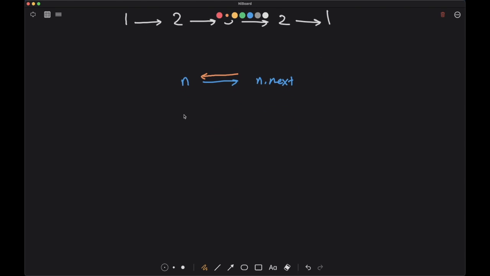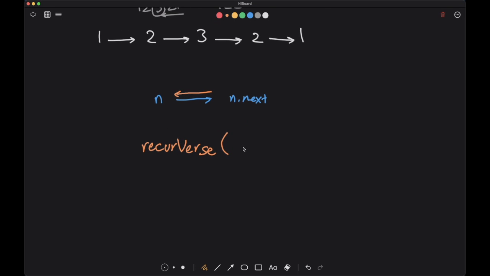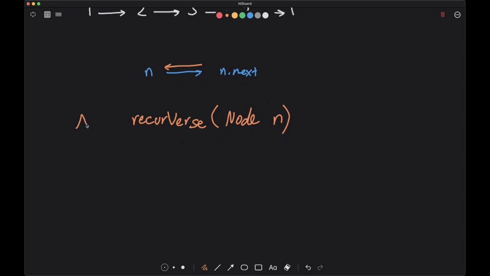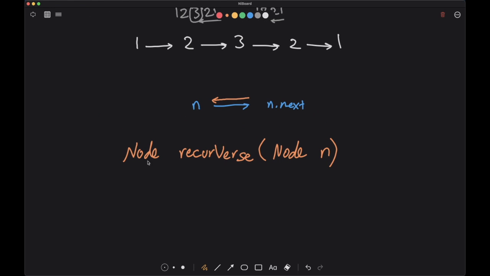Our function would look something like this. Let's call it maybe recurverse, for recursive reverse, right? And it will get the linked list itself. Let's say it will get a node called n, and it will call itself over and over again, and it will return a node as well. Okay, so the first node, or the head, of the reversed linked list,